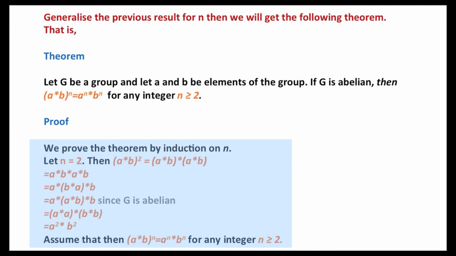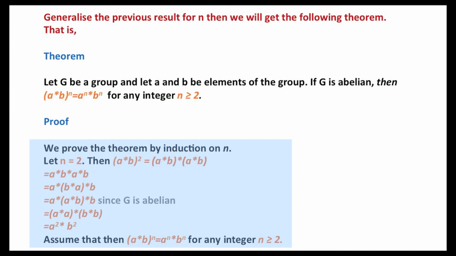Hence, we will get a²b². Assume that (ab)ⁿ is equivalent to aⁿbⁿ